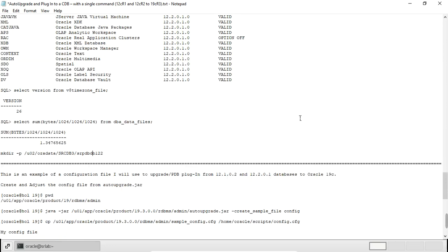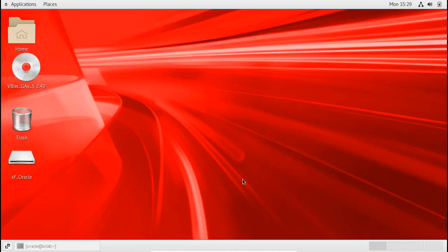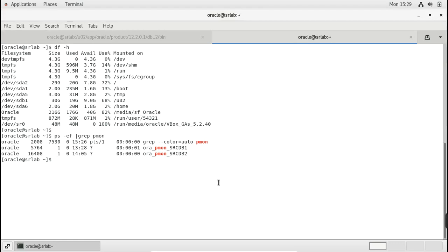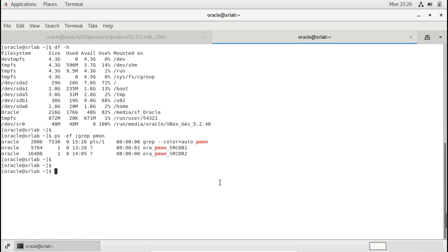Okay, now what we will do, we need to create the Oracle 19C container database. Once the container is created, we are going to plug these two databases into the 19C container, and it's going to update and plug into the container. So now I will check,